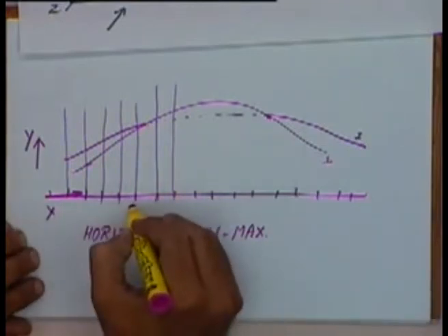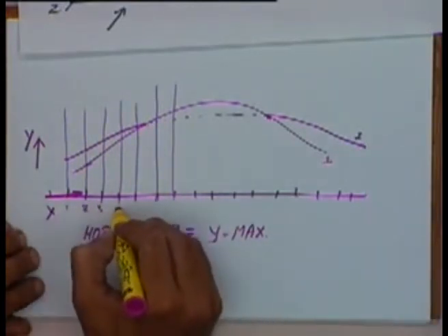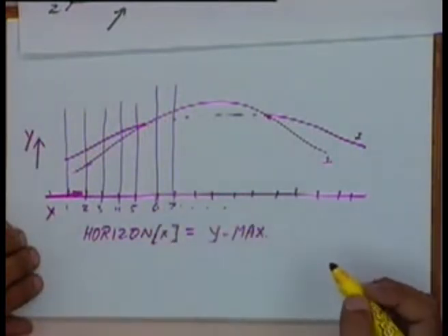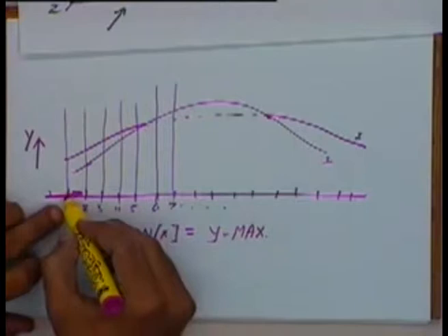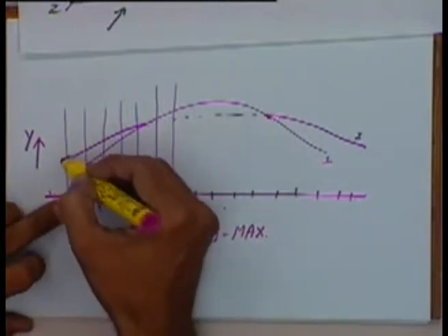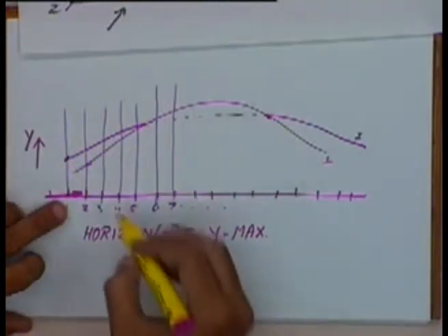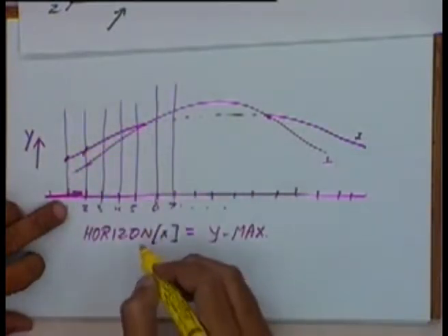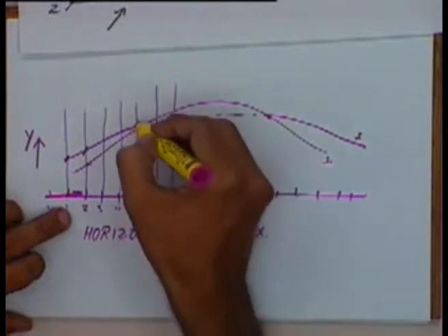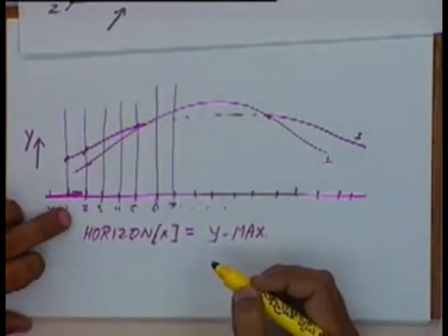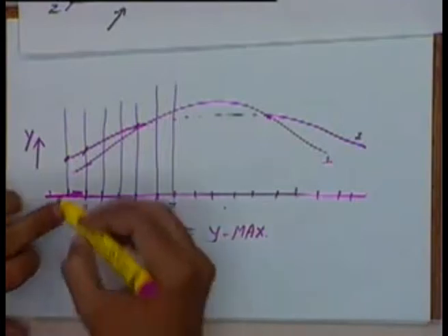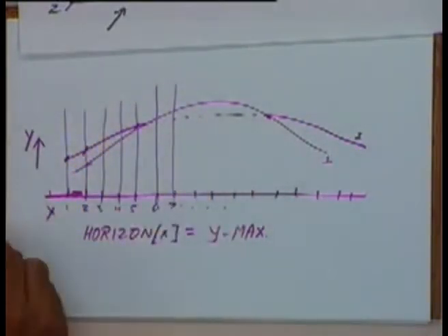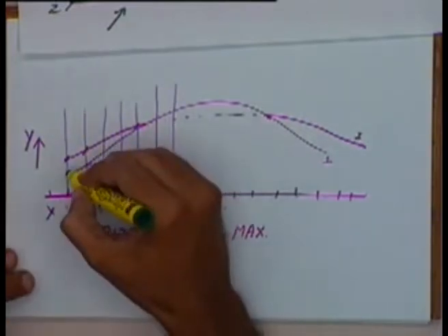That means, let us say, if this is and so on. Let's say the horizon at 1 will store the current Ymax value, which is this. Horizon of 2 will store the Ymax value, which is this. The horizon at 5 will store the Ymax value here. And when I am drawing the next curve, let's say my next curve is like this,